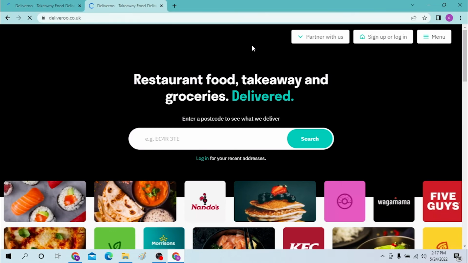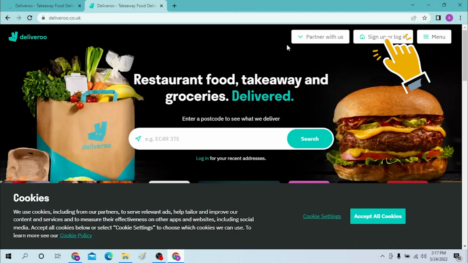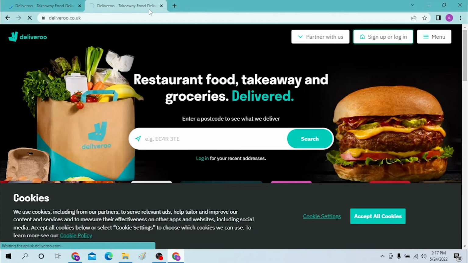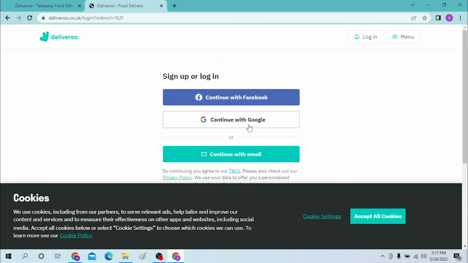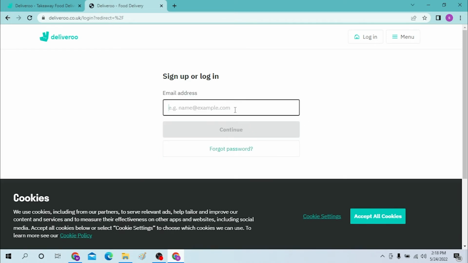And now to sign in or to log into your Deliveroo account, you can see the sign up or the login page available over here. Click over there. You can continue with Deliveroo's email itself, or you can just sign up or log in with Google or Facebook. Now in this case, let's log in with our email, and you need to enter your email over here